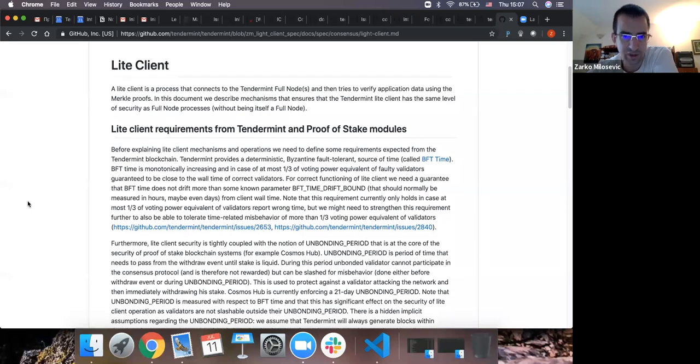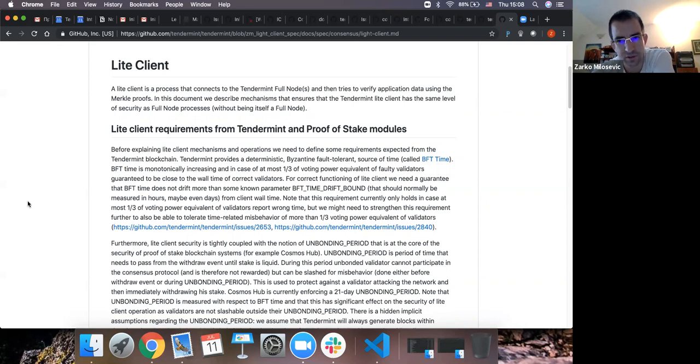Because there are essentially two very important concerns about light client. The first one is the validator set, because knowing the validator set gives you the possibility to verify headers, and then through headers also the root hash and then the Merkle proofs of the application state. And in proof of stake systems, including Cosmos Hub,